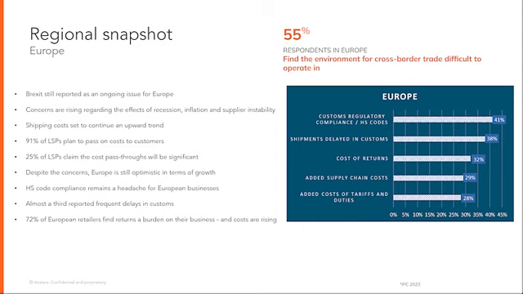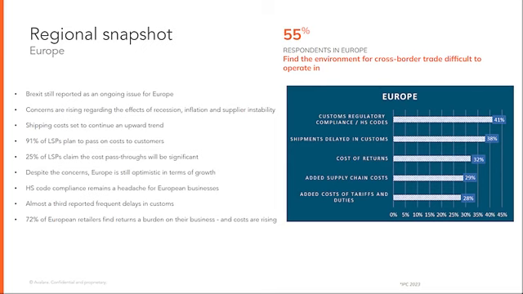Good, that actually added supply chain cost is not the highest, where it was the highest for the other two regions that we looked at. But the highest is customs regulatory compliance. And again, not surprising, since many sold into that area without the need for paperwork, without the need for HS codes, and that has obviously recently come into play. So that number's at 41%. And again, not surprising, the 38% of shipments are delayed in customs.